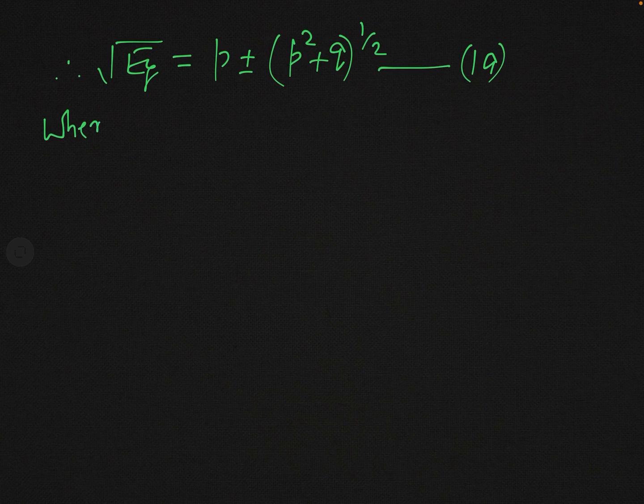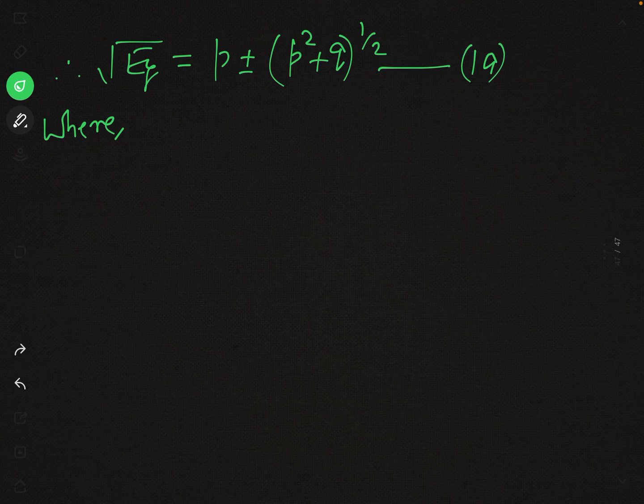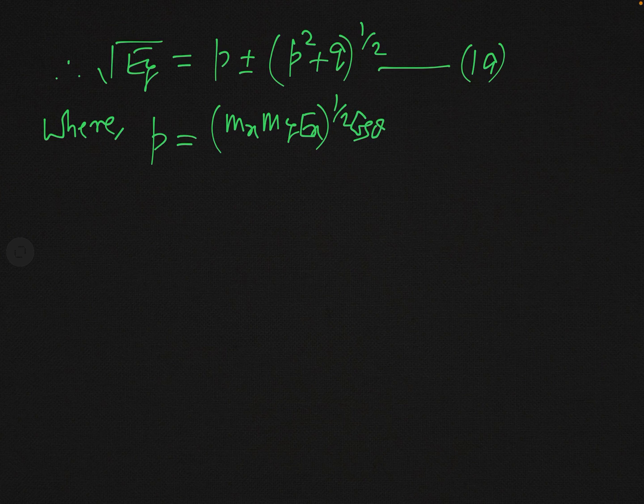In fact, we have written this p and q instead of which quantity, you can see it very easily. You can see the equation here and recognize the p and q. You can see that this p is simply root over mx my ex into cos theta over my plus my, and q is instead of qmy plus my minus mx into ex divided by my plus my. So what are the meaning of this p and q? You can see that p is written instead of root over mx into my into ex into cos theta over my plus my,